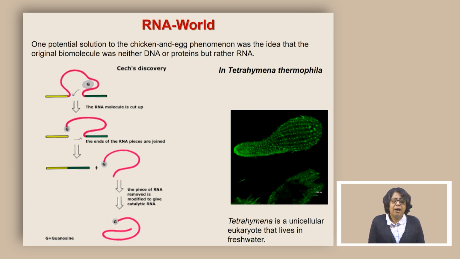There the RNA can be broken down, like it basically cuts up, and the ends of the RNAs are joined together, and often that piece of RNA is removed to give catalytic RNA. So, basically they are changing some of the reactions and working more like an enzyme or protein. So, that is one of the times when the scientist